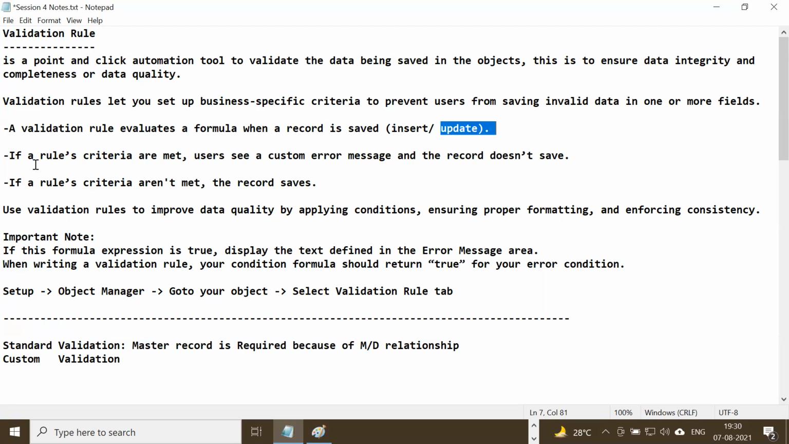Okay. Now, the validation rule which we write will have some kind of criteria, right? And if the criteria are met, it means users will see some kind of error message which we can configure, and the record will not be saved in the database. So if the validation rule criteria is met, or is true,